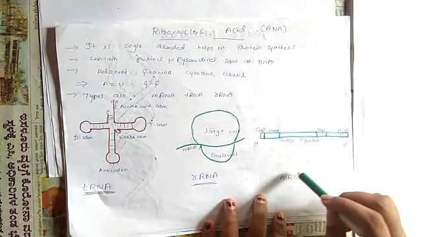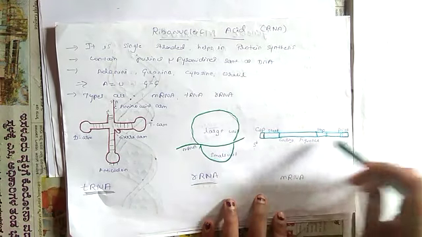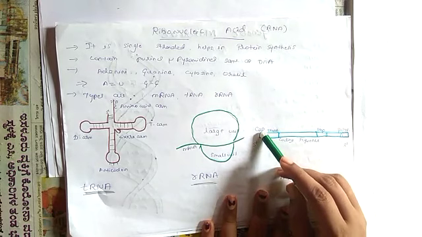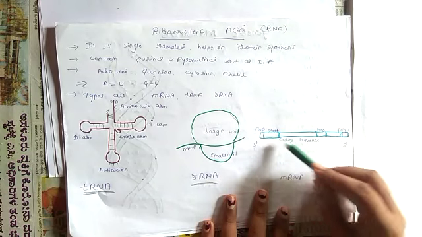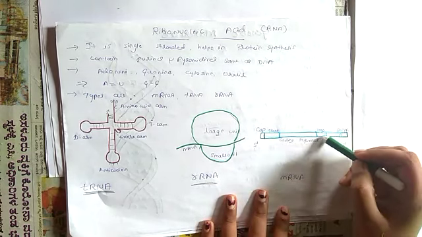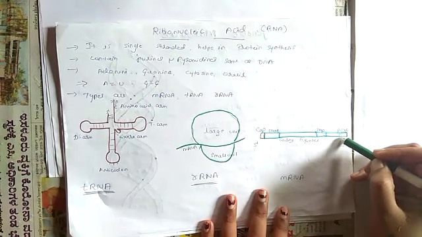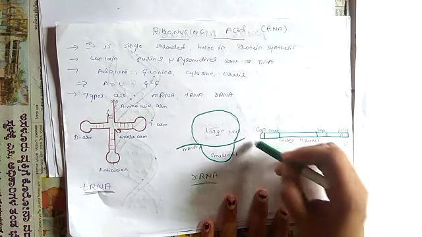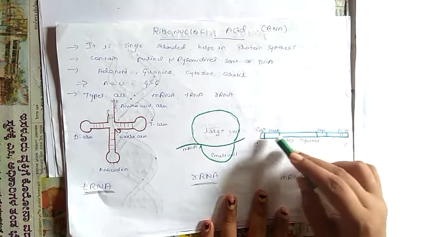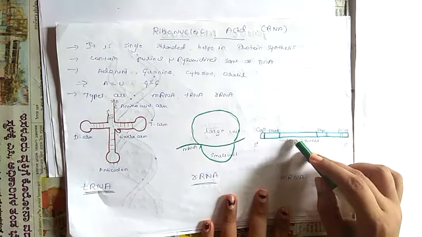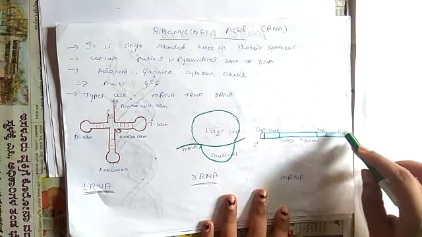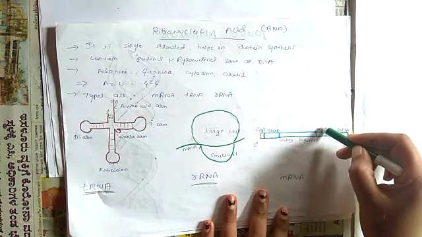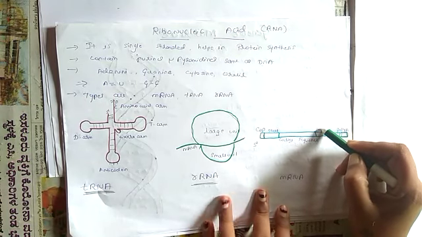In case of mRNA, the structure consists of a 5' to 3' direction, which consists of a cap sequence, start sequence, coding sequence, stop sequence, as well as a poly A tail. Poly A means it is the adenine molecule. The whole thing is made up of adenine, guanine, uracil, and cytosine completely. In between you can see the coding and stop sequence. We'll discuss that later.